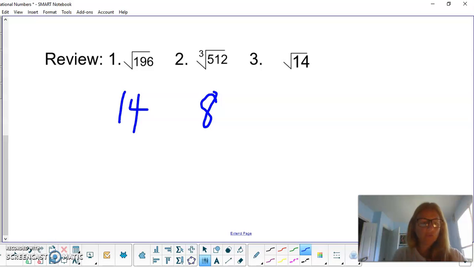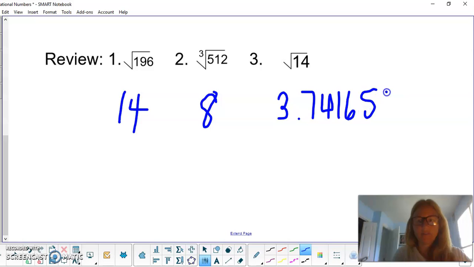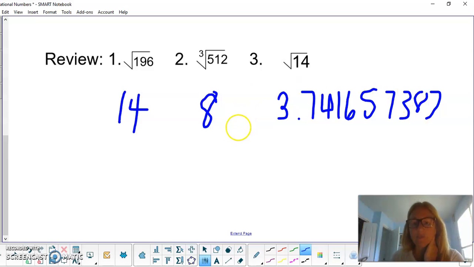So when you have the square root of 14, you should get 3.7416573887. Now, I know I told you to round to the nearest hundredth or tenth, so you could have had 3.7 or 3.74 since all the numbers behind them are less than 5. All right, so I had you do these problems not only to practice your roots buttons, but also to show